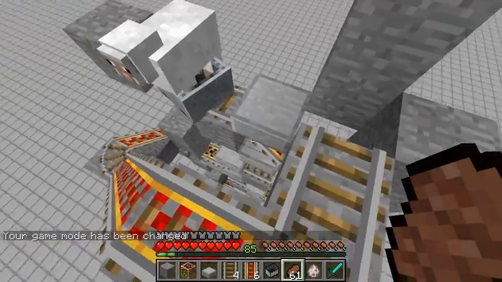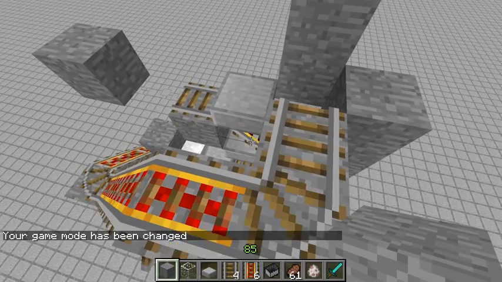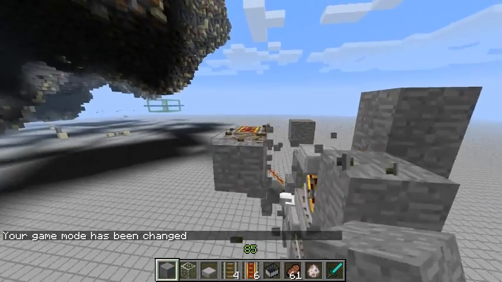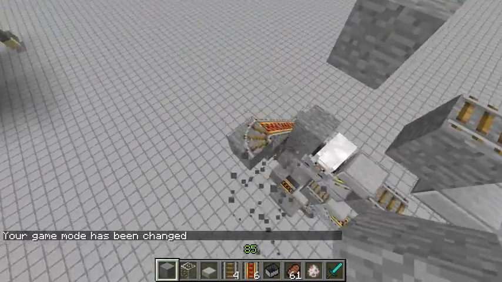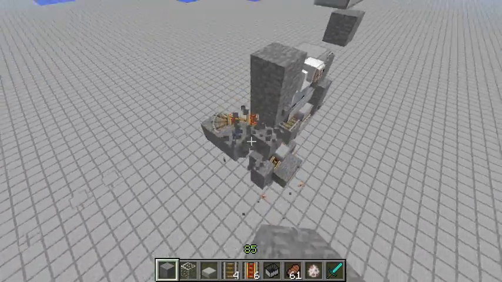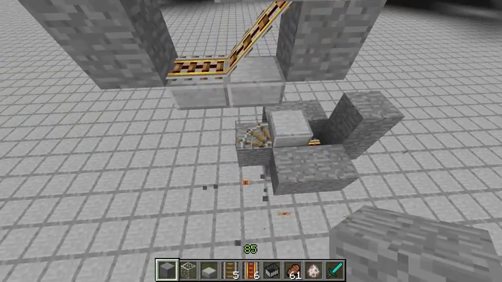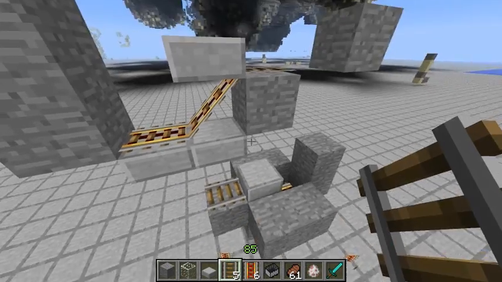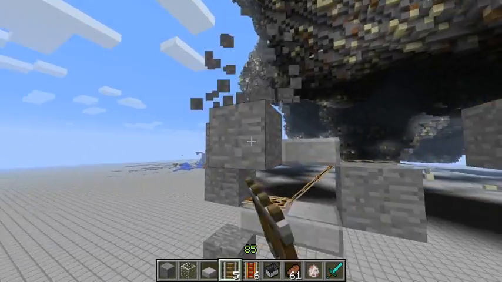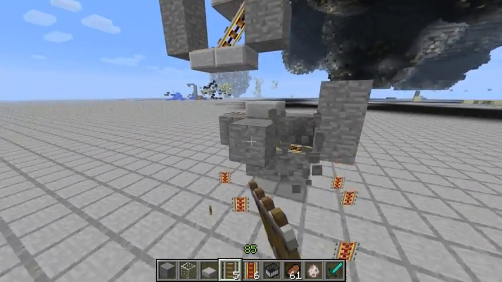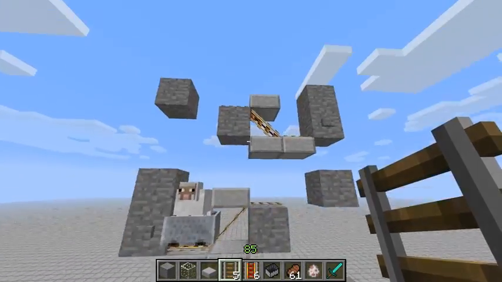Anyway, I think I like this idea. Let me get rid of the stuff on the side so you can see it. I just put up this outer edge rail thing to refill him, to send him back up to the top, but this will be done differently in the actual build. It will only be like that. So this is the main idea, which of course you saw last time. These slabs are really glitchy. Anyway,